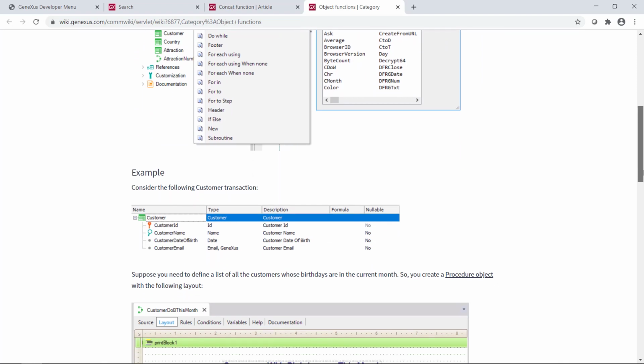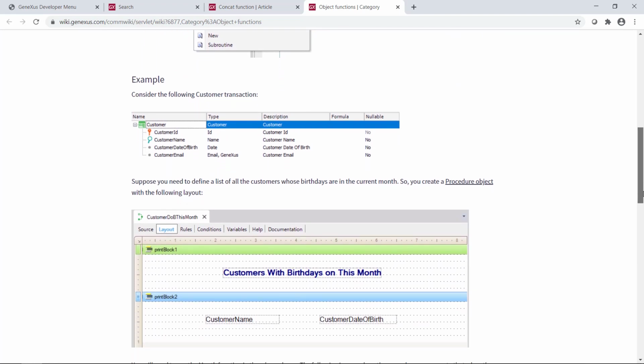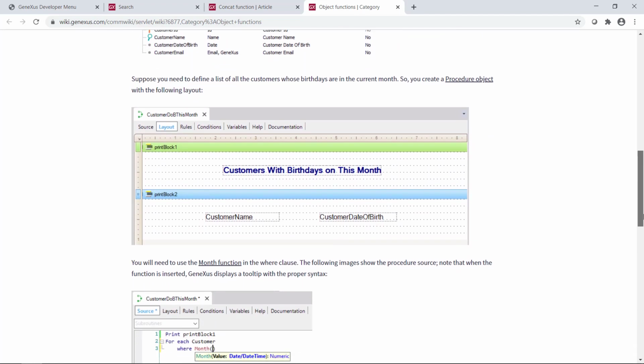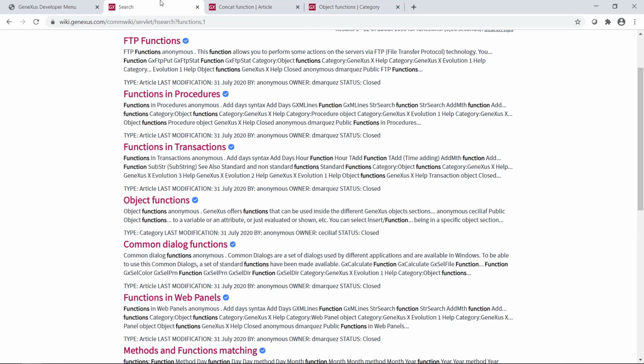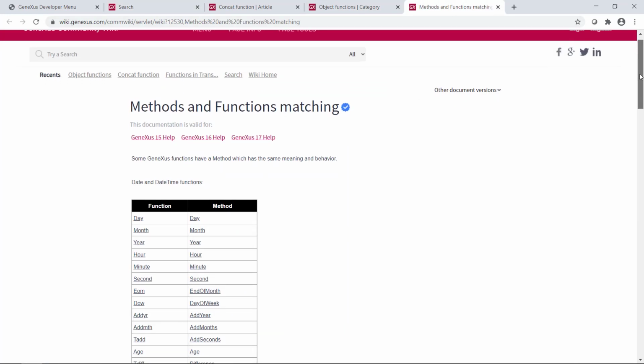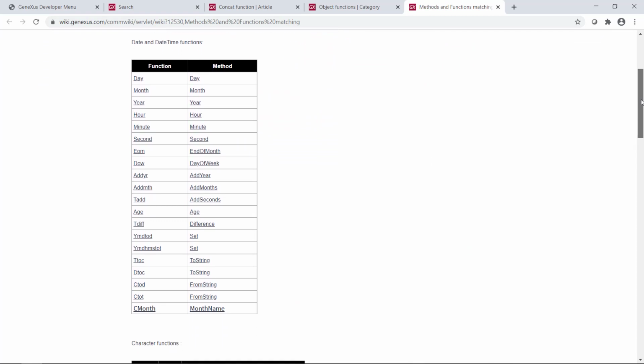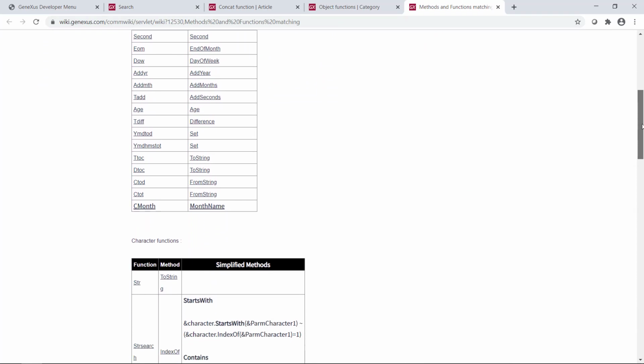It explains how to access the functions corresponding to a certain object in which we're positioned, and gives an example that uses the month function to obtain the list of clients who have a birthday in the current month. The entry Methods and Functions Matching shows functions that have a method with the same meaning and behavior.